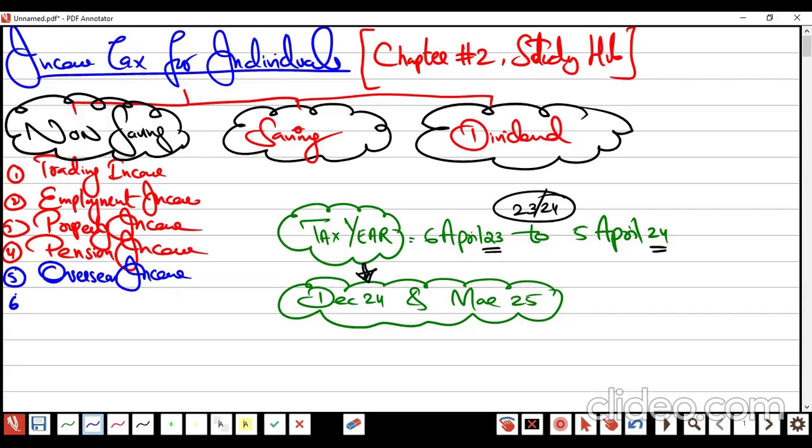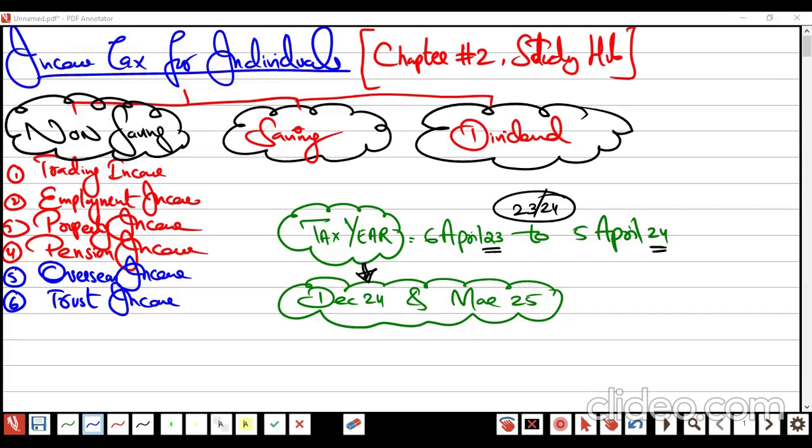One more additional income is there, which is called trust income. Trust, any charities, NFPs, and not-for-profit organizations. Here we are going to learn these two additional incomes, which are trust income and overseas income, which you never learned in your TX journey. This is the first time you are going to witness them when you study ATX.